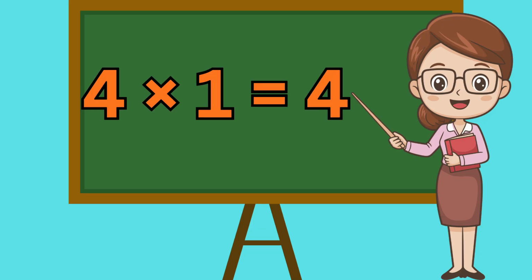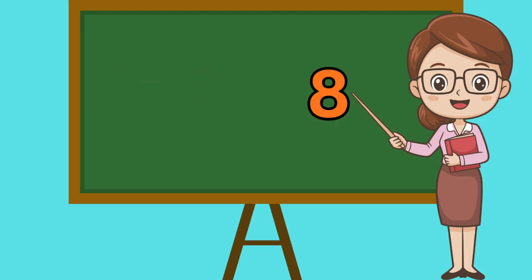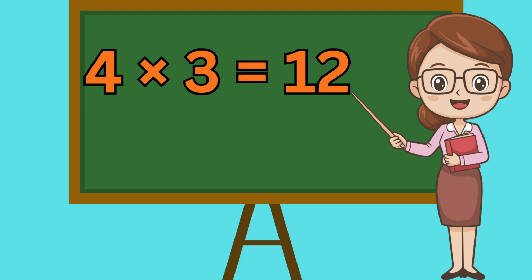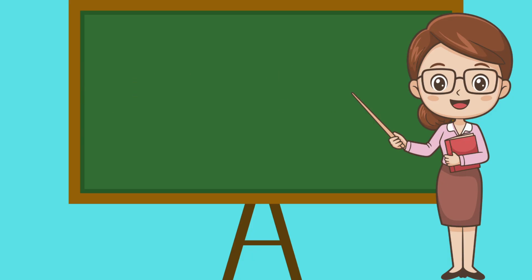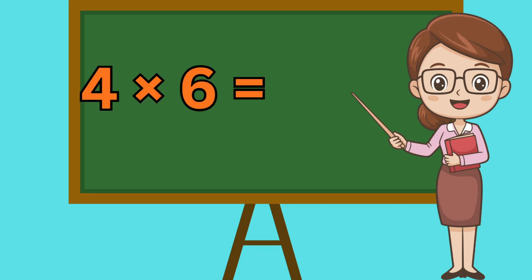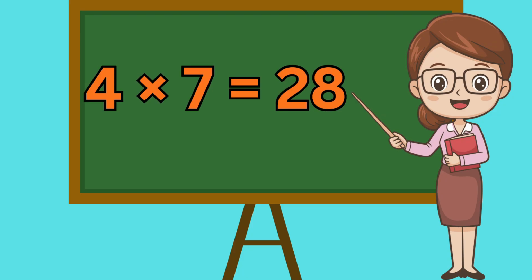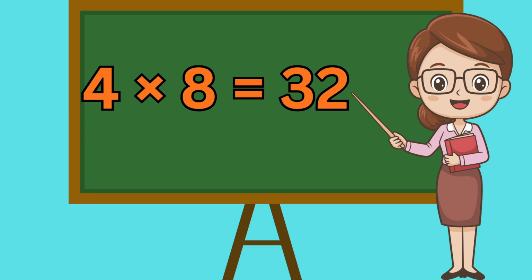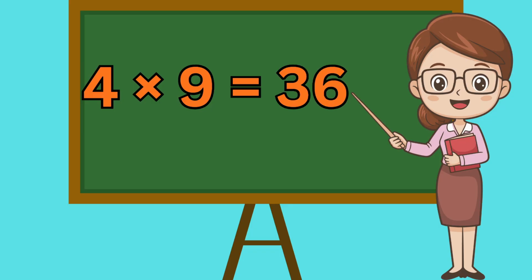Now table of 4. Let's start. 4 ones are 4, 4 twos are 8, 4 threes are 12, 4 fours are 16, 4 fives are 20, 4 sixes are 24, 4 sevens are 28, 4 eights are 32, 4 nines are 36,